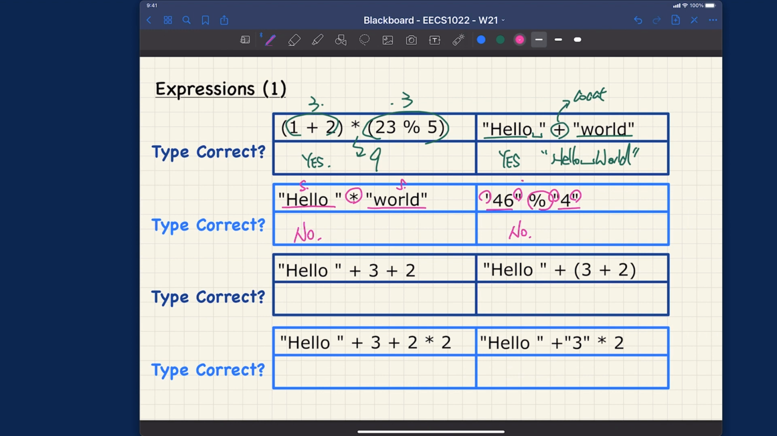This will be very interesting, and I promised in the previous example that I'm going to give you more details. I can tell you that, first of all, this is going to be type correct. Yes. Okay, think about what's going to happen here. Plus is a very special operator. So now when you say hello and then plus 3, if you think about these two, basically what's going to happen is